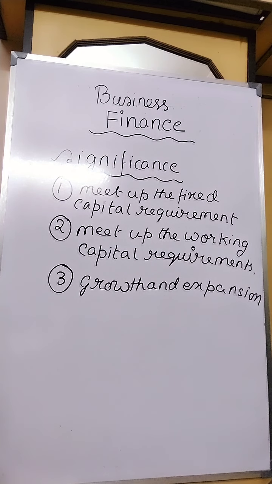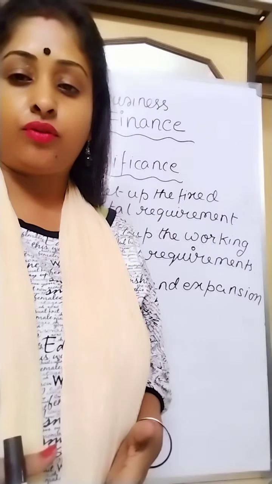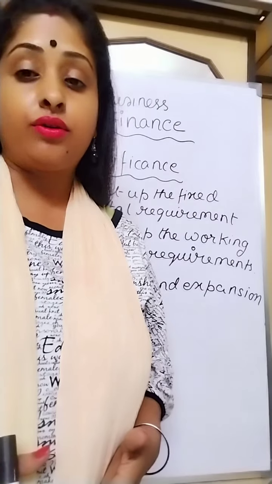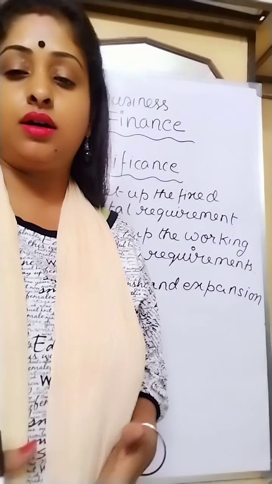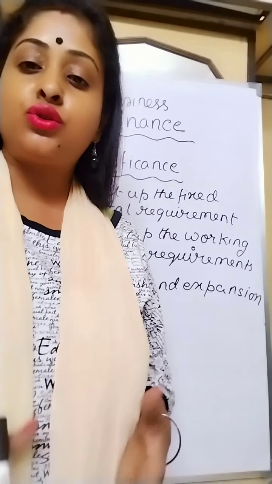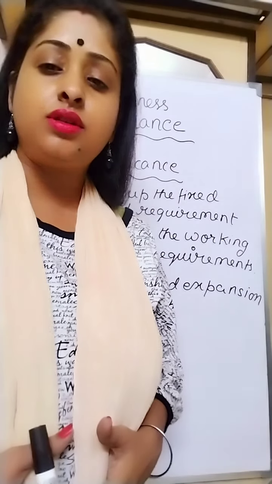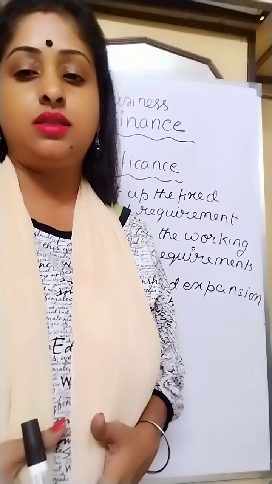To provide sufficient capital to the business, several sources of finance are tapped. This includes shareholders, debenture holders, fixed depositors, banks, and financial institutions. It is the firm that raises adequate finance from different sources: from the shareholders who are the owners of the business, from the debenture holders who are the creditors of the business, or as a loan from outside, from a bank or from other financial institutions. So these are the sources from where a business house raises its capital, raises its finance.